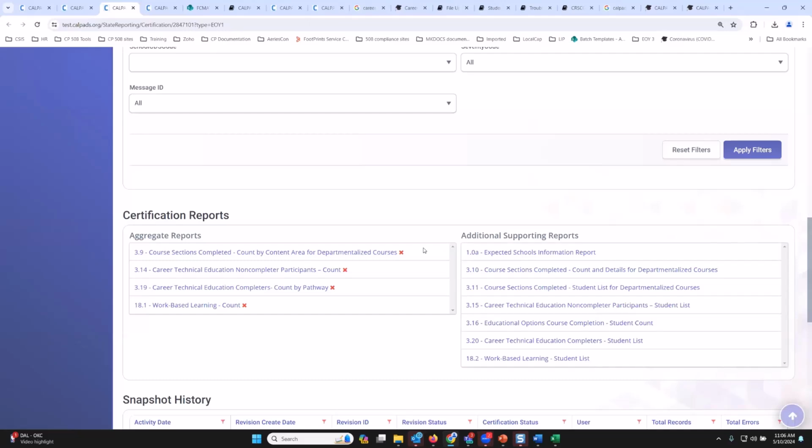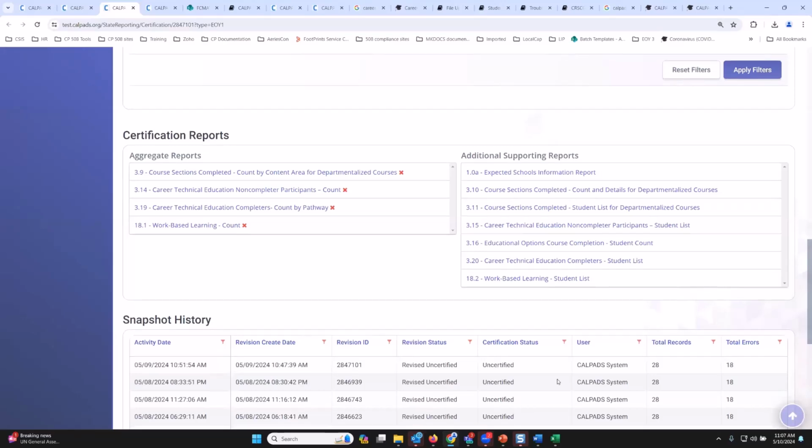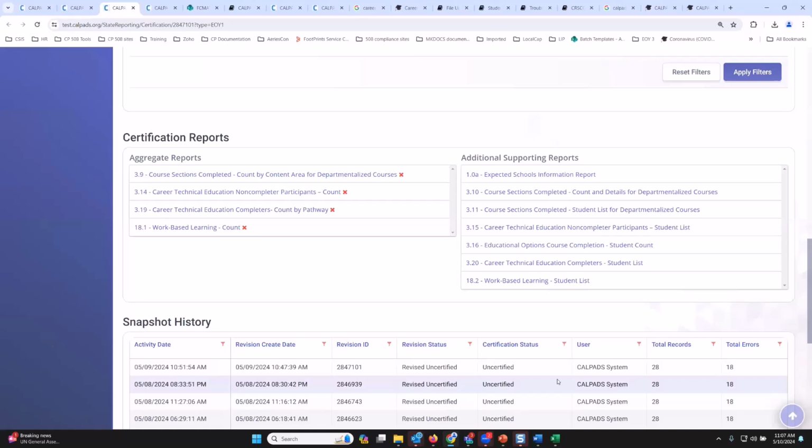Once you've reviewed all of the reports, at least these four, then this would turn into a green check mark. And then you'll have the box here that you will need to click on, just telling us that you agree that all of the reports that you've reviewed are accurate and valid. And so once you check that box, that's the only time the LEA approve button will appear in this section. So once you've clicked that LEA approve button, you're done with End of Year 1. All right. So that's the usual certification process.